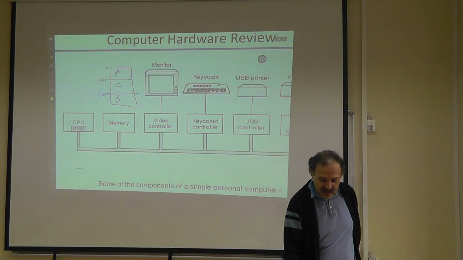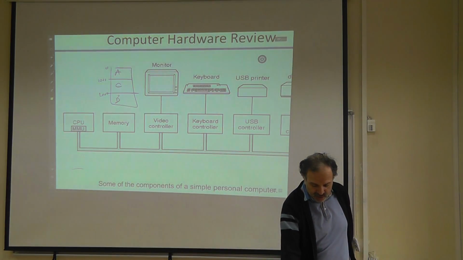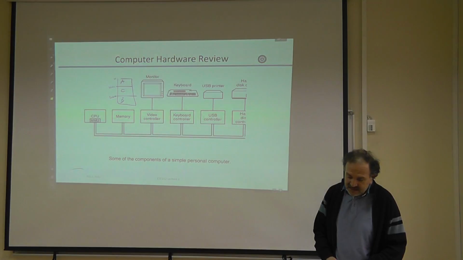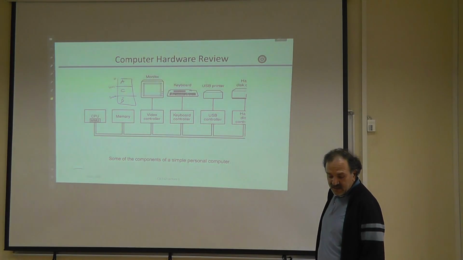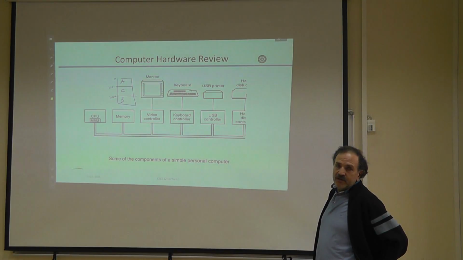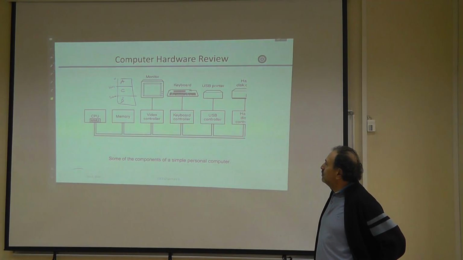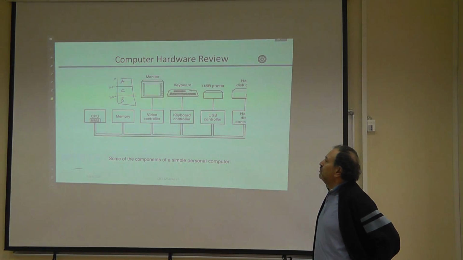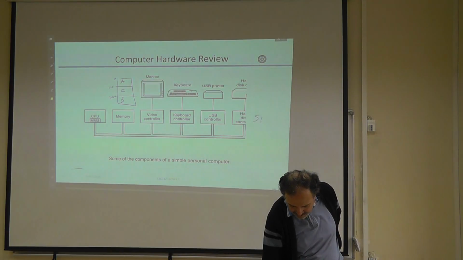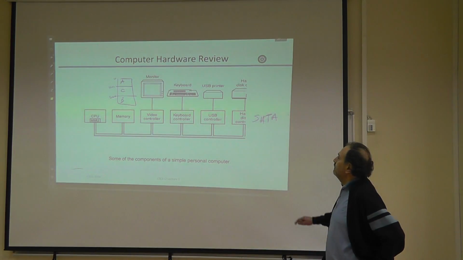Circuitry. They are provided by the producer of the hardware, the monitor producer, keyboard producer, printer producer, or the hard disk producer, and as I said, they provide the signal interface between the computer and the CPU. They are difficult to understand. They are very difficult to use, and each one has its own controller device. So for a programmer to understand the details of the video controller or the hard disk controller, remember, as I said, SATA interface. Okay, the interface,